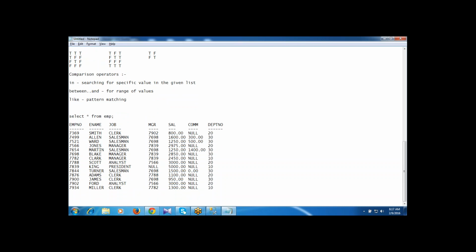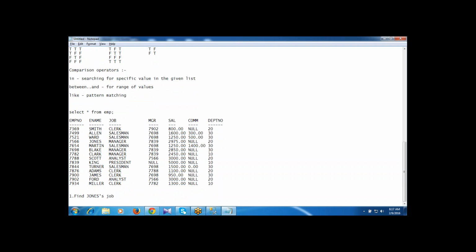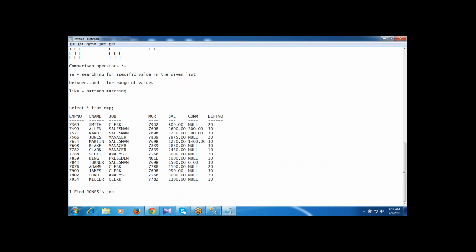Now I'm writing queries on this table. What I'm asking: find Jones's job. Here I'm asking for Jones's job only. Job is a column of the EMP table.